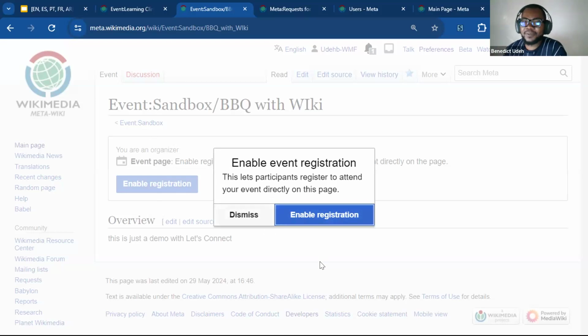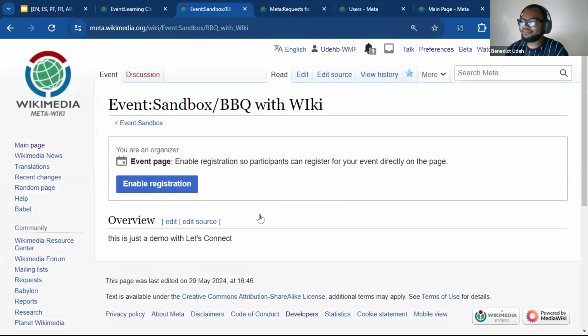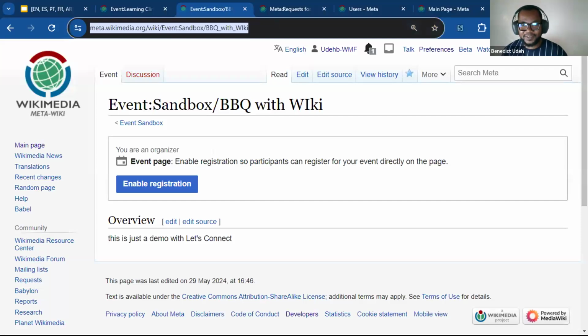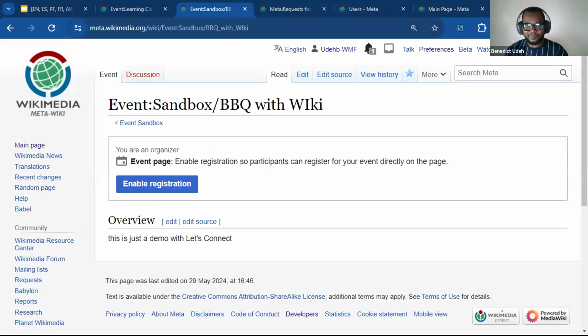that simply means letting people register for the event, or you can dismiss it. Again, I'm just choosing to dismiss it. The reason I'm choosing to dismiss it could be that maybe I'm still drafting the page, so I don't want people to start registering for the event. If I share this page with you, so I'm going to share it with you now,